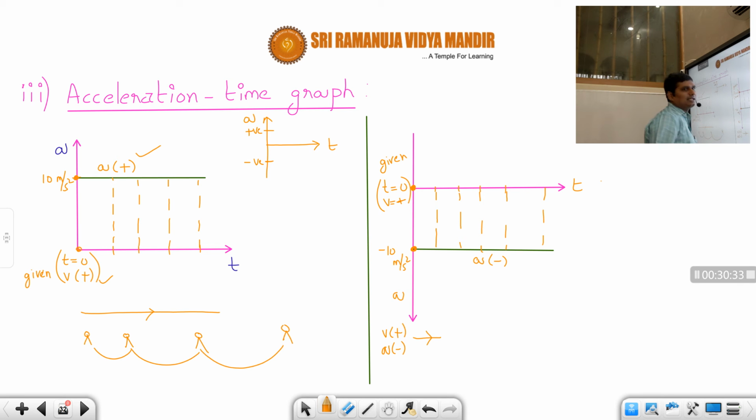So the signs of velocity and acceleration are opposite, what does it mean, students? The speed will decrease. So after some time what will happen? If you draw the photo diagram, the speed has to decrease like this, and then it becomes 0 at one point. Then it will take a U-turn, because now the direction of acceleration is left side, no, students. Then again the speed will increase like this.